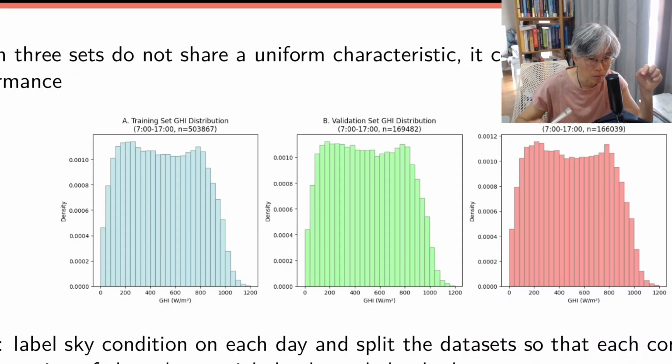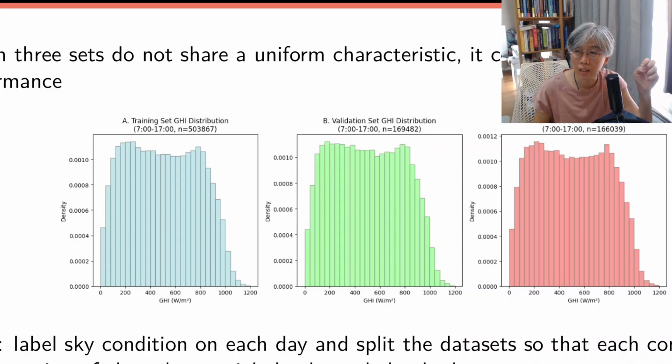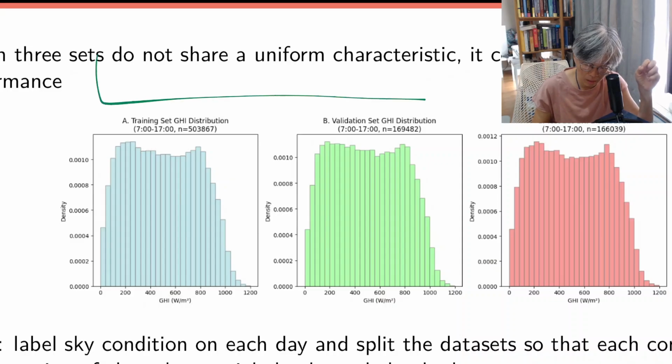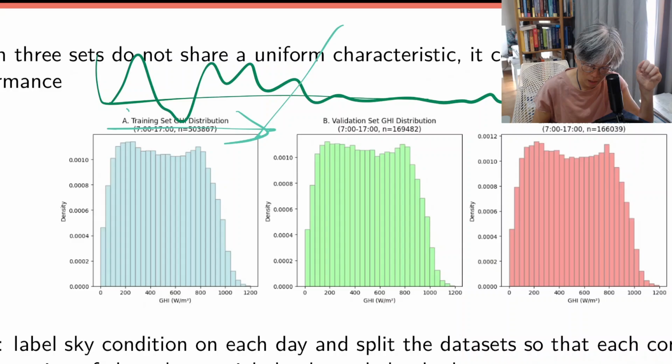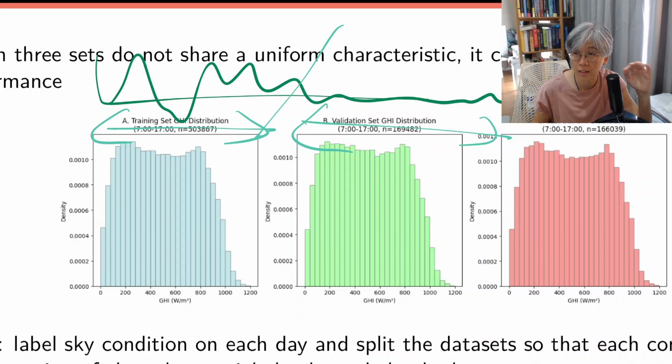This splitting, I didn't split based on the time ordering. I didn't say, okay, the first half of the year is train, the second half of the year is test. No, I didn't use that because